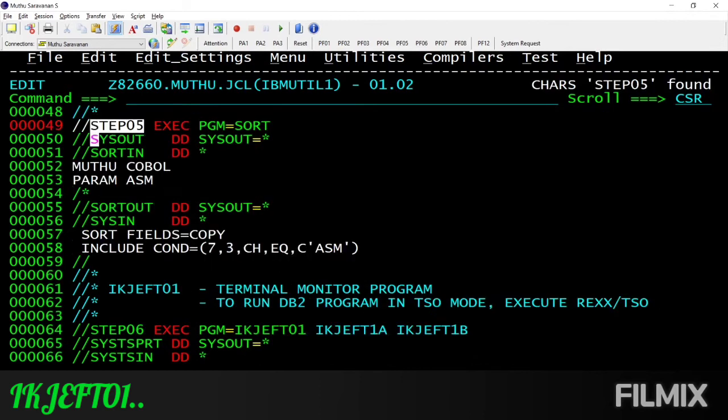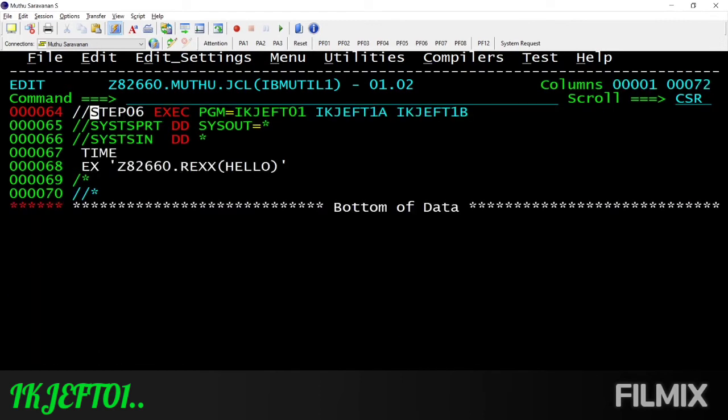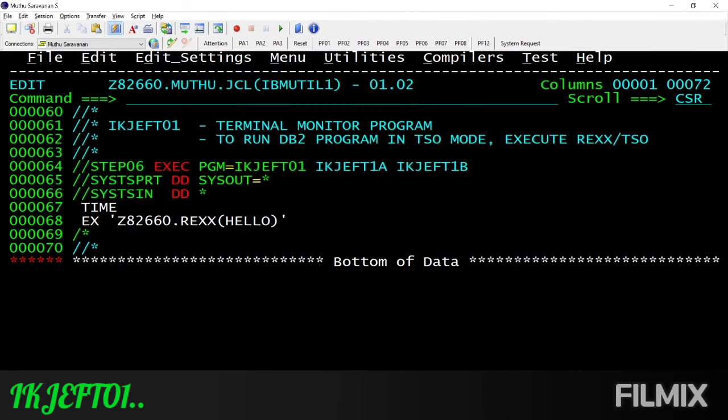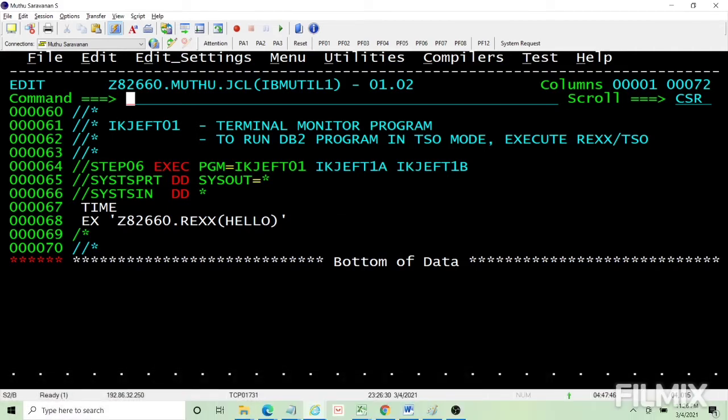Now next is IKJFT01. We all know IKJFT01. It's the terminal monitor program, so whenever you want to do anything in TSO, we go here. We have seen this extensively and used it in our REXX sessions. If you want to run a REXX program, how do you do it? TSO EX REXX. Alternatively, I can do it like this, meaning if I give a TSO